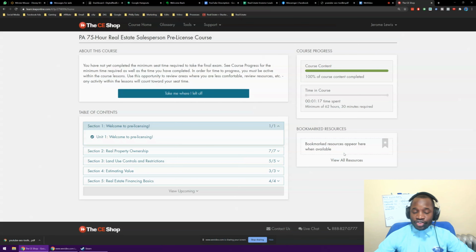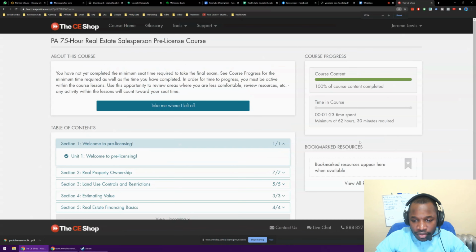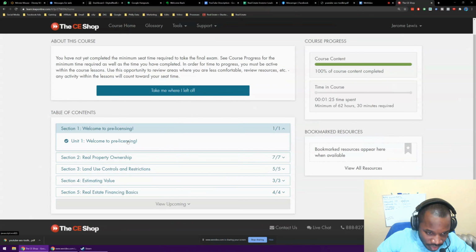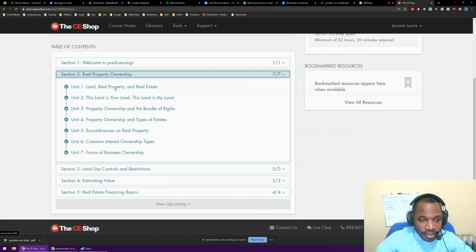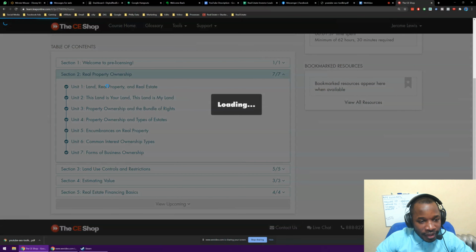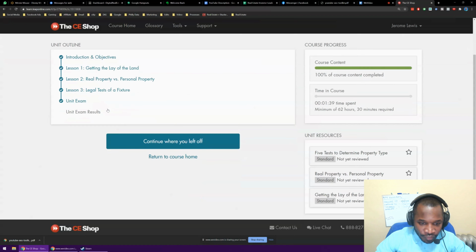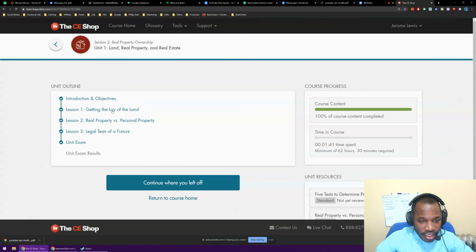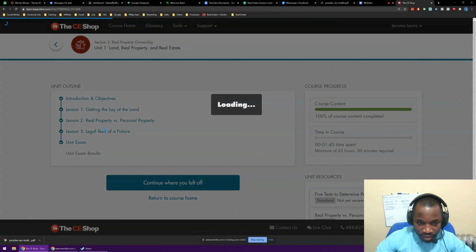So let's just say you're struggling or you like a specific subject. You can bookmark that subject and it'll appear here. So let's make that a little bit bigger. Take me where I left off. So let's just say, for example, I was in real property ownership and I was studying this. These are units specific to Pennsylvania, right? If I was in here and I was studying like the legal test of a fixture,